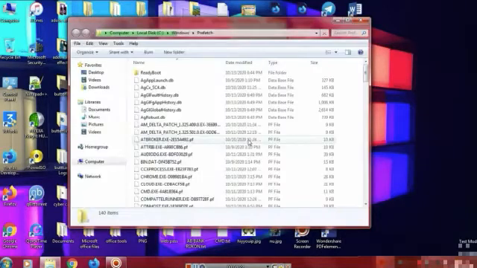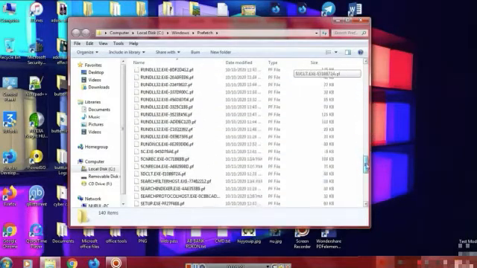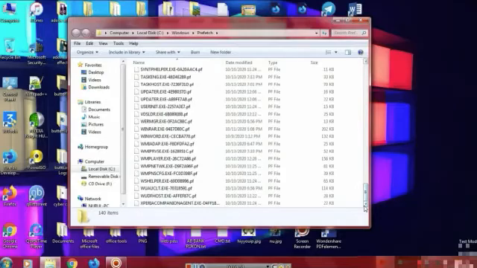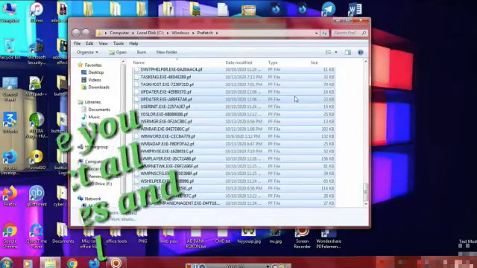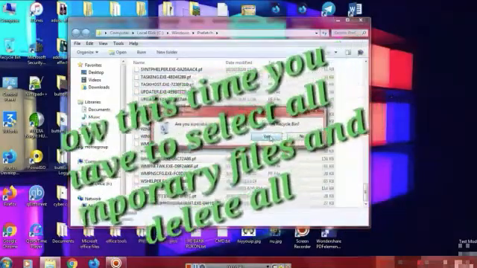That's why the laptop PC is a little bit slow when you run the laptop. So we have to delete all the files. We have to select all the files and then click delete. Yes, click. And then